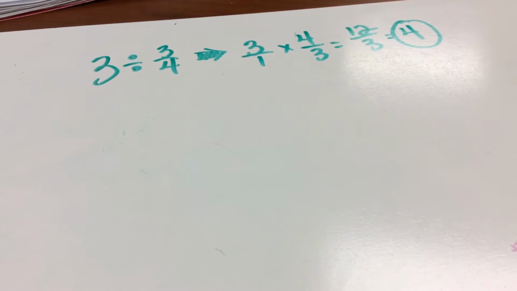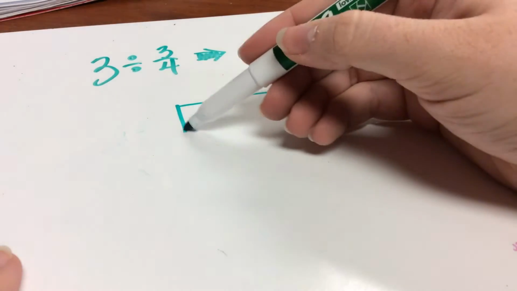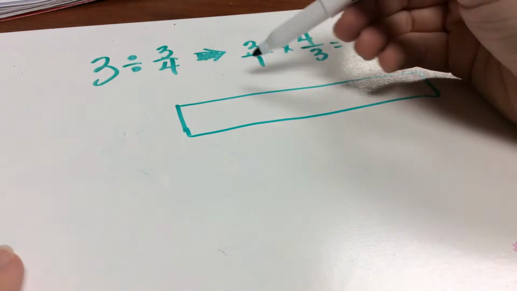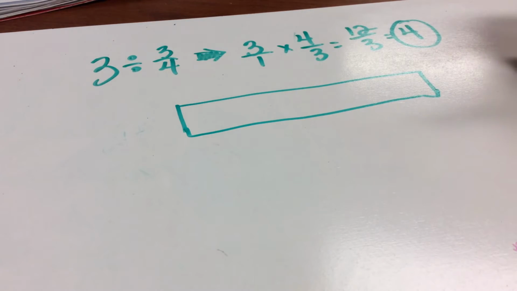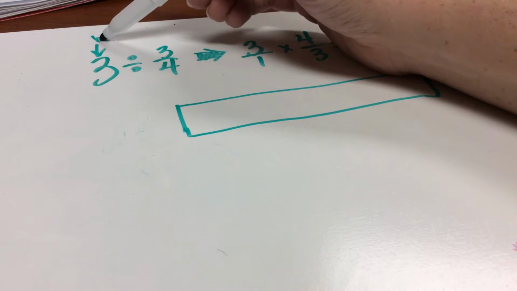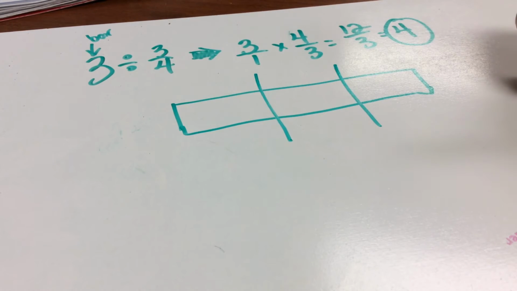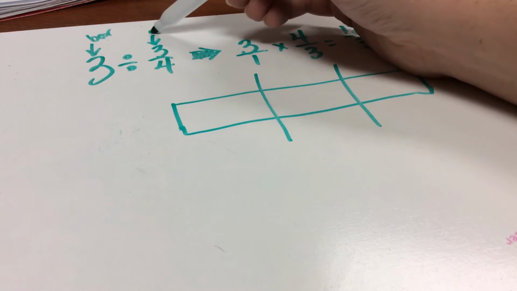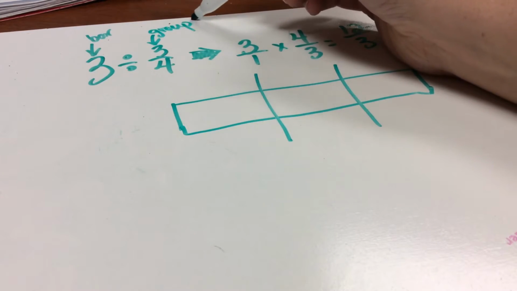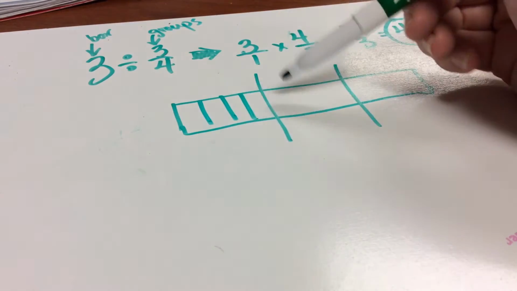Now, with a model with a whole number divided by a fraction, you will get 1 bar. And you will look at this bar, and now you're like, wait, 1 bar? This first number here will tell you how many parts you are going to split that bar into. There's 3. And you're like, why wouldn't they just draw 3 bars? Well, it's easier to group them with this second number if all of the bars are right up against each other. So here are groups. Now, groups mean you're going to